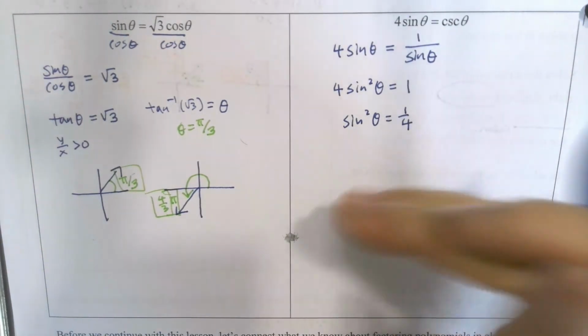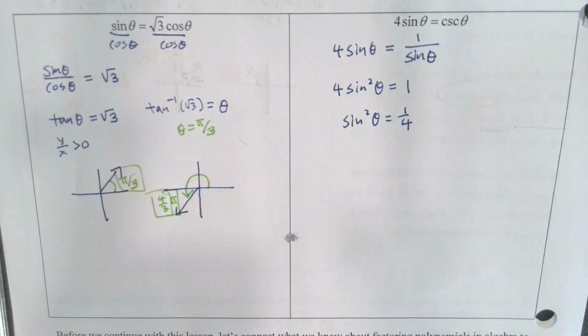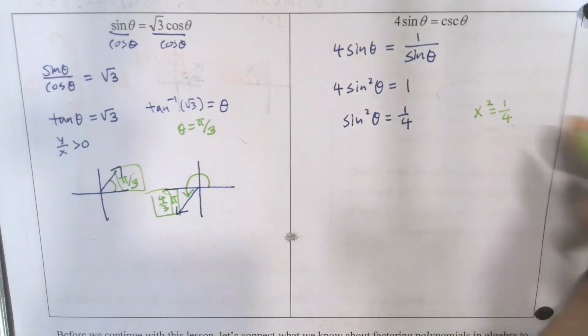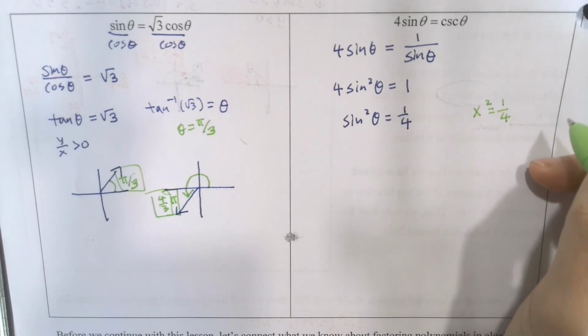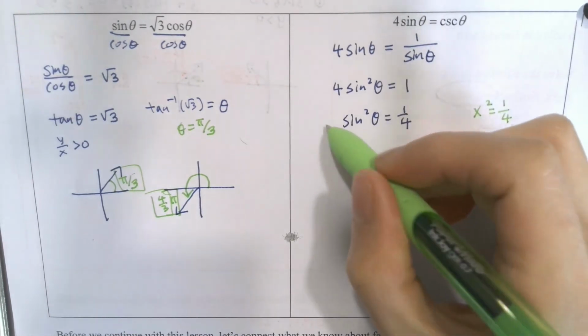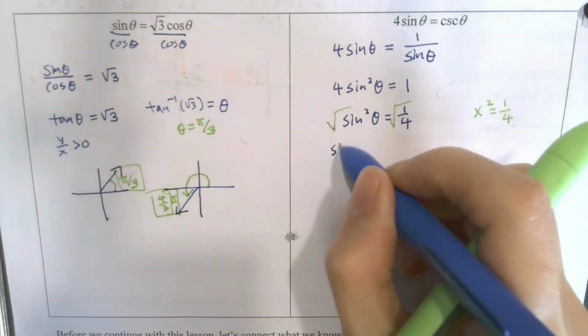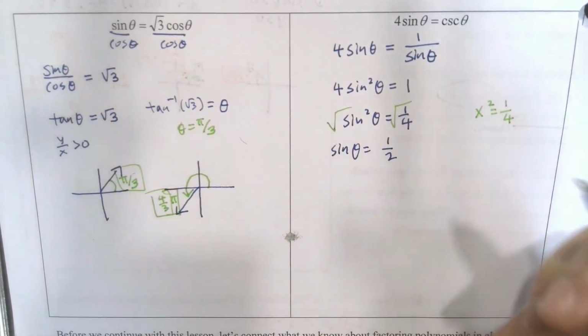Instead of treating this as a trigonometry equation, I need you to treat this as an algebra problem. So think of this as something like x squared is equal to 1/4. What are you going to do? Well, that one is easy. You're just going to square root both sides. Same thing. We're just going to square root both sides to get sine of theta is equal to the square root of 1/4, which is half. However, guys,